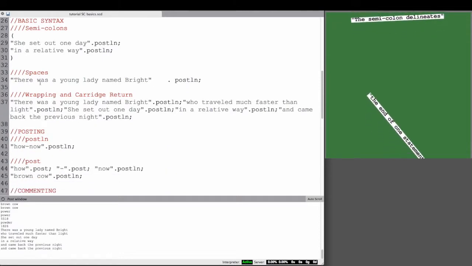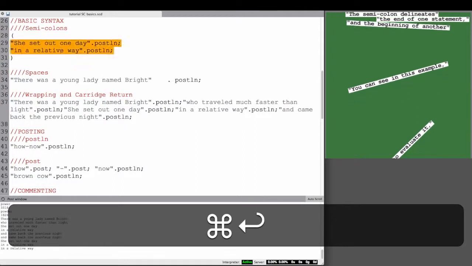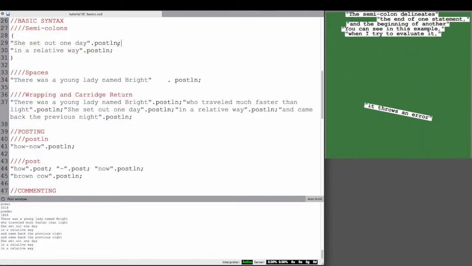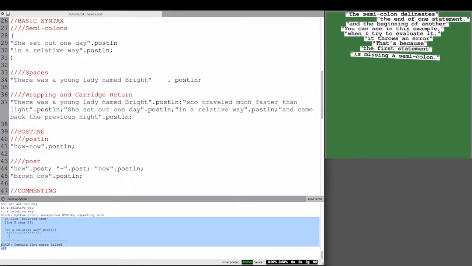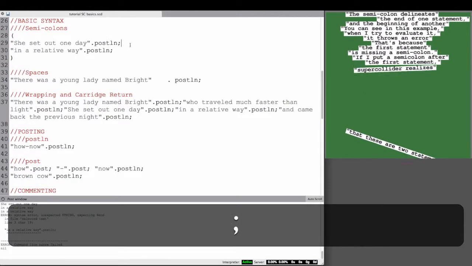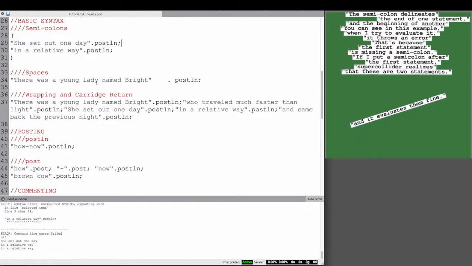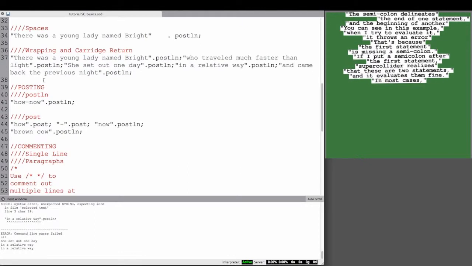The semicolon delineates the end of one statement and the beginning of another. You can see in this example, when I try to evaluate it, it throws an error. That's because the first statement is missing a semicolon. If I put a semicolon after the first statement, SuperCollider realizes that these are two statements and it evaluates them fine. A lot of typos are missing semicolons, so just pay attention to including semicolons at the end of each